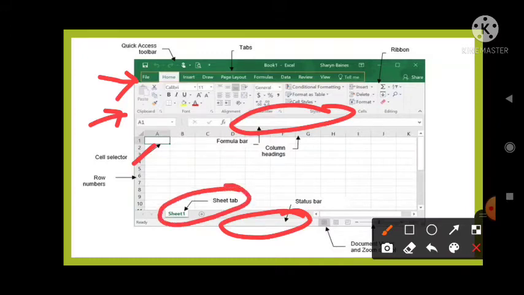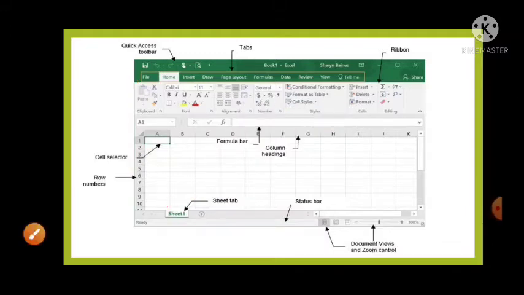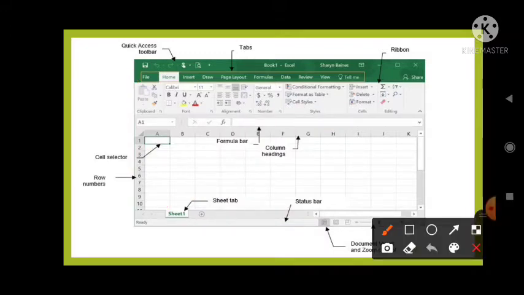Here is the sheet tab. We are using Sheet 1, that's why it is written here. If you want to add more sheets, click on the plus icon, and more sheets will be added to this file, which you can call a workbook.